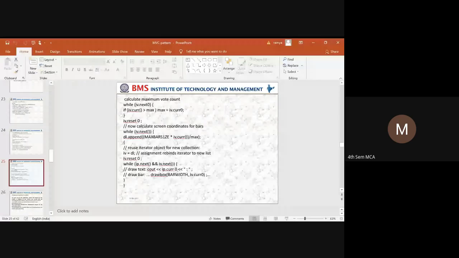Next, it has to calculate the maximum amount. So how will the votes be considered, since parties and votes are taken as a list? It will take the voting and point to the current voting. It will check whether the current voting is greater than the maximum.